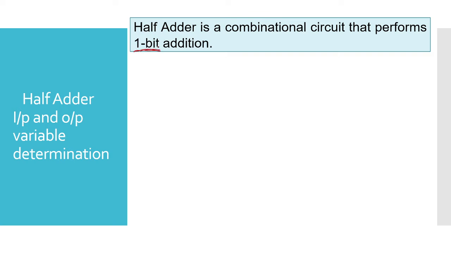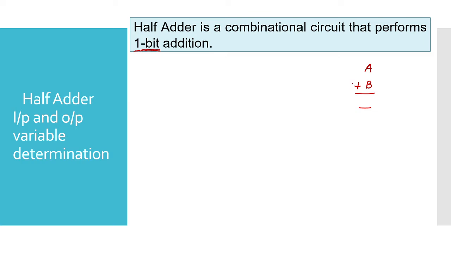so what will you decide? You know that for addition you need the addend and the augend. Let's say one number I am representing as a, and another one-bit number I am defining as b. So I will add the two numbers, a and b, and I will get some result. That basic addition concept I will use to design a half adder.